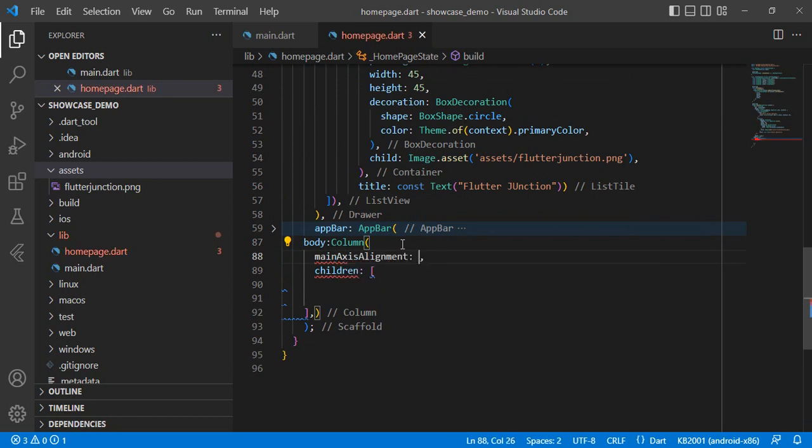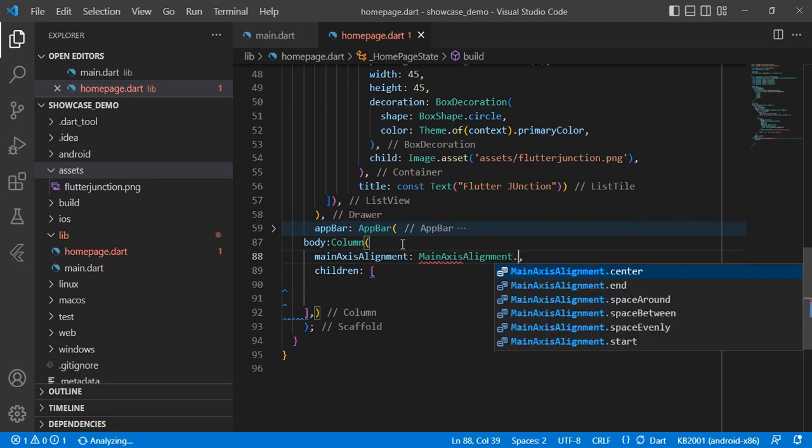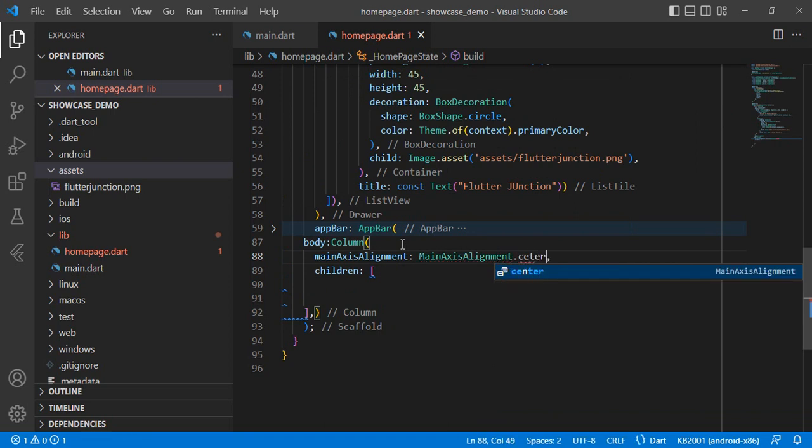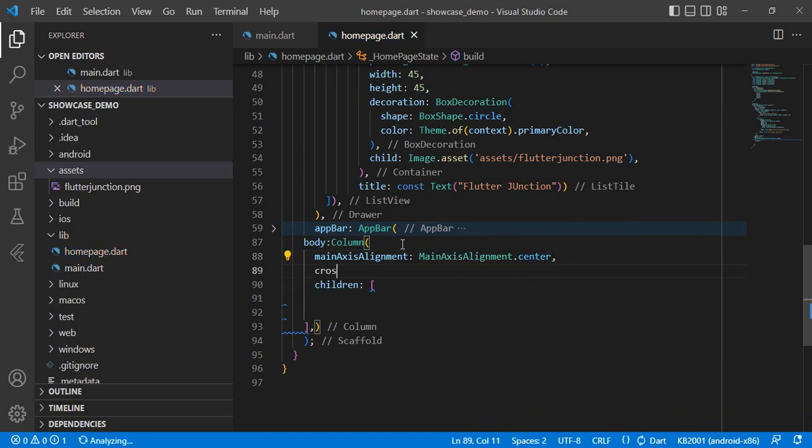Main axis alignment dot center, and then cross axis alignment dot center. That's place at center, and then our children would be center,